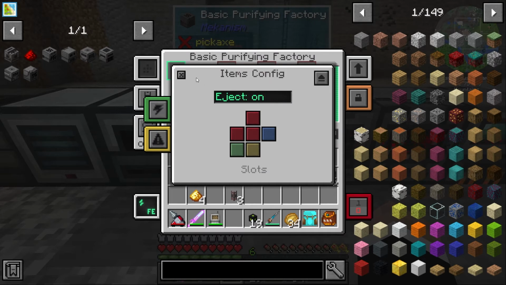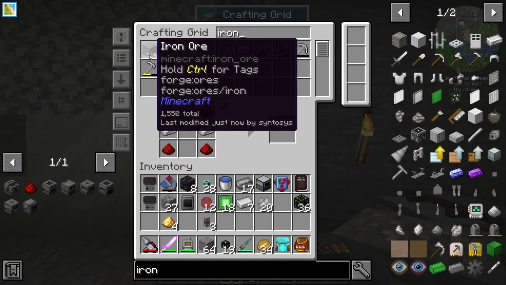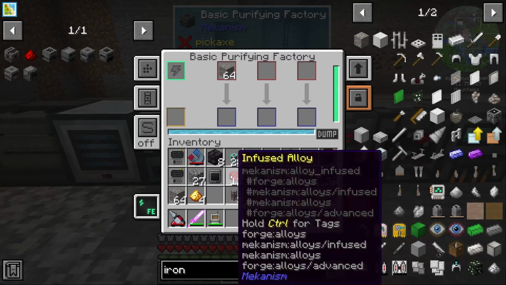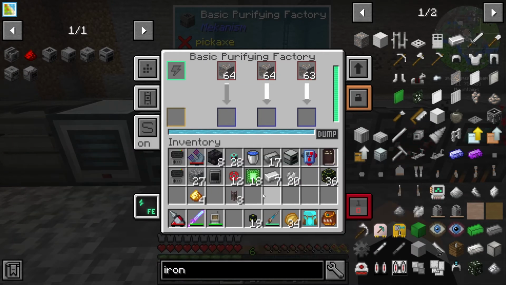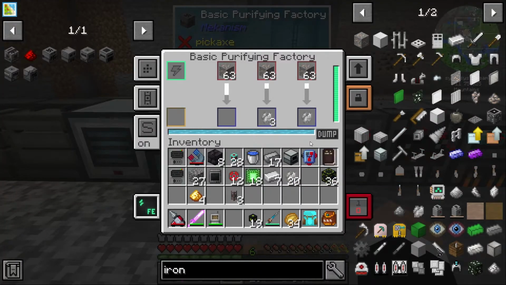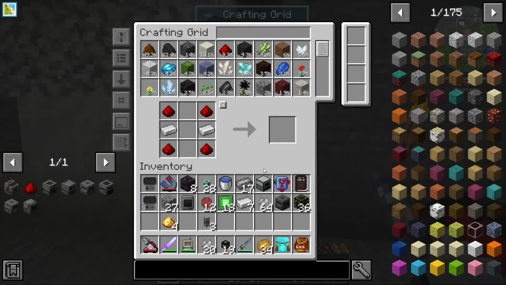We're going to need to obviously put auto eject on again, but now if we did get some iron, we can put the iron in here. Now with the auto sort, if you do that, it will automatically sort it so that it's spread evenly across the system. That will then feed into here. Now obviously we can take this, so if we take this out of the system, we can now go and upgrade this guy,